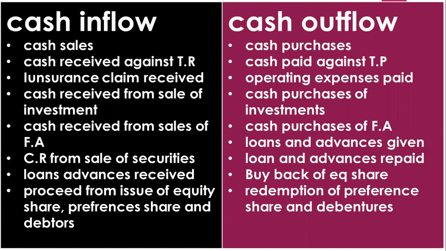These are the particulars, or the things which give us an idea about the movement of cash in a business enterprise, whether it is a sole trader, a partnership, or a joint stock company. But in unit 2, as we are more focused on the company format, we will be looking into all the particulars which are initiated in a joint stock company.